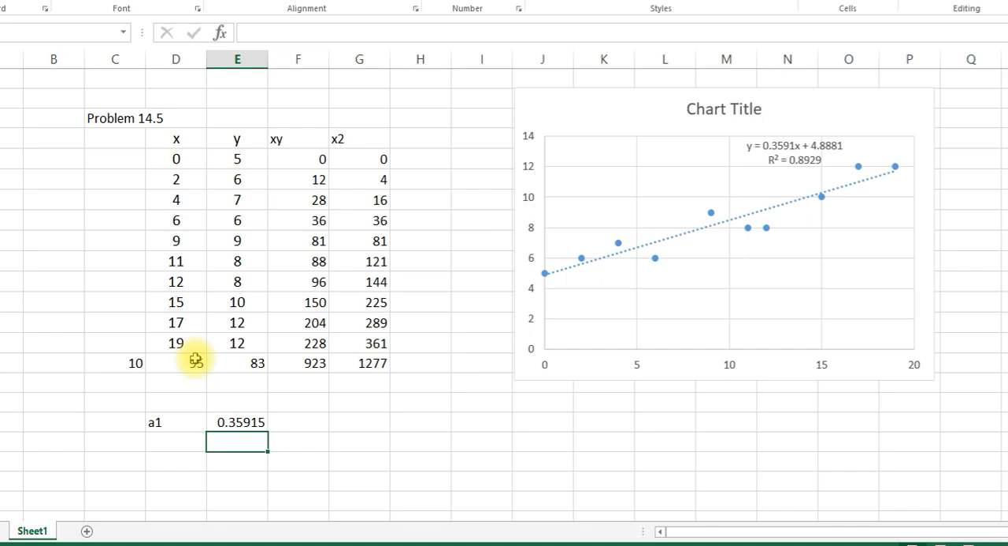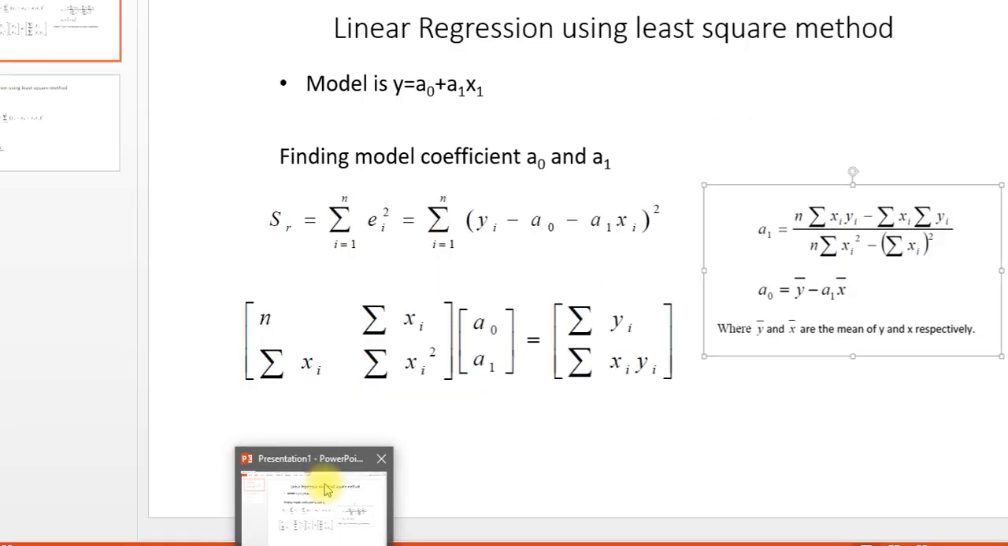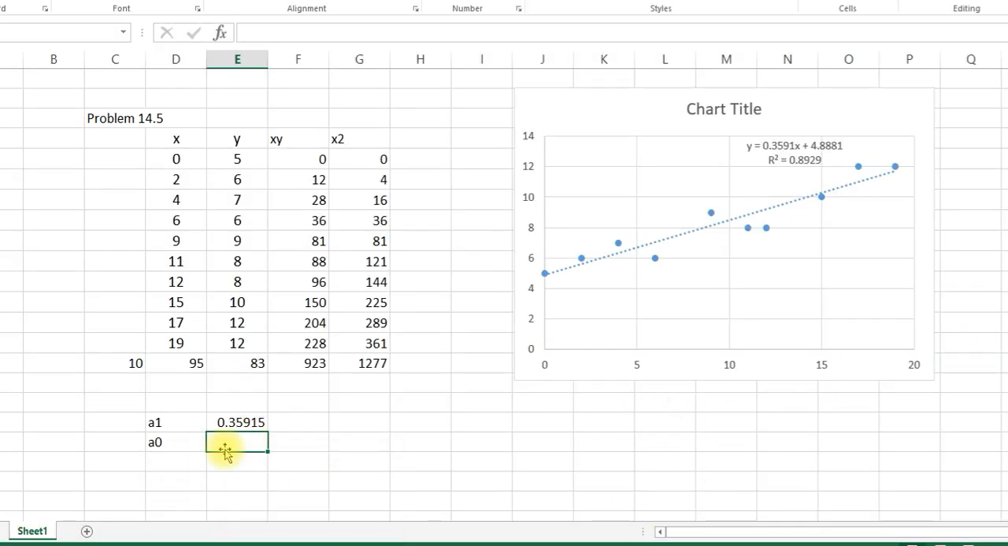I hope I got it. Yes, so this is what I got using Trendline also, you can see here, and this is what I got from applying the equation. Okay, and the a0, which is the intercept, what is the equation for that? Y mean minus a1 x mean. So mean of y, mean of,